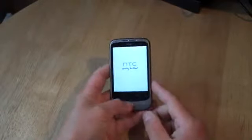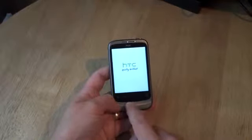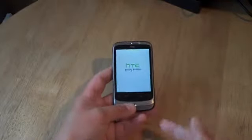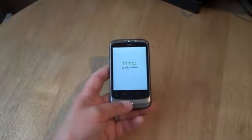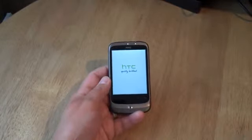This is the optical trackpad or trackball, whatever you want to call it. But this will help you navigate around the fantastic HTC Sense interface. This has got Android 2.1. And it's got some extra functionality which I'll show you in a minute,